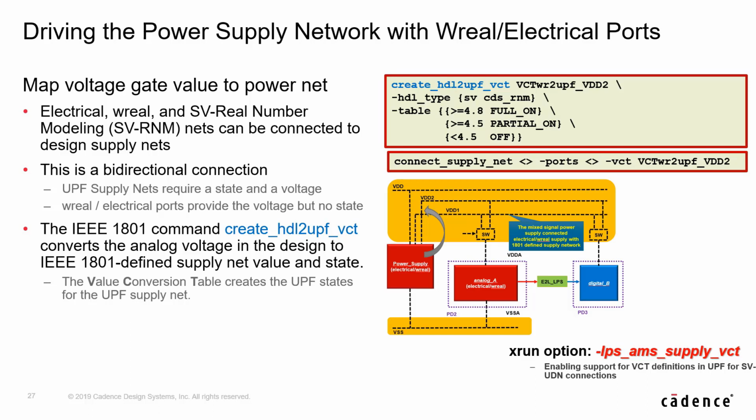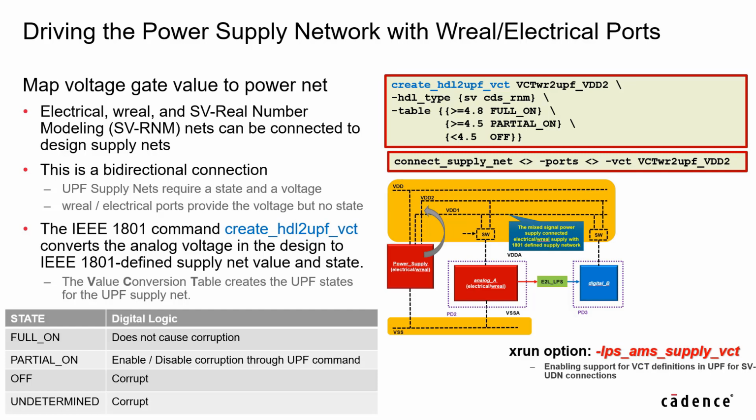And this time, in fact, what will happen is that we know the voltage. We will carry it from the analog world to the 1801 world, but we're missing the state. How do we do that? We will simply create a sample of the different voltage values. For example, if my objective is 5 volts, I would say that if I get more than 4.8, I'm in full on. If I'm less than 4.5, I'm in off. Using this conversion function, I'll be able to model that each time my ramp or whatever goes into my analog block, I get my VDD2 moved partially from off to partial on to full on, with a different voltage each time.